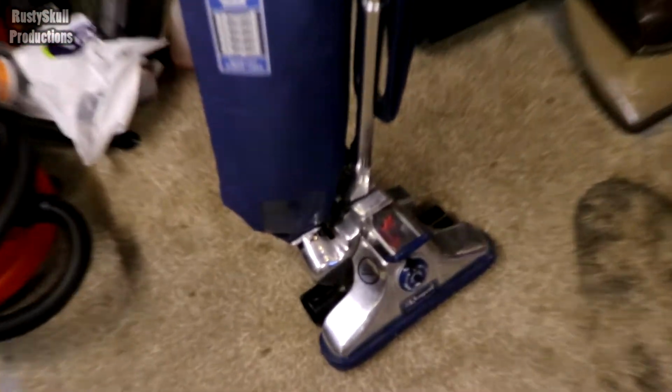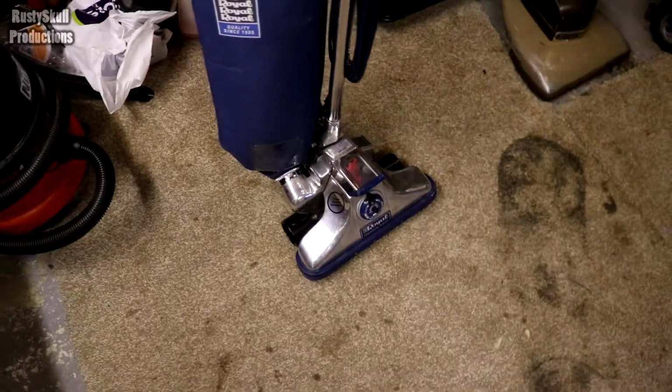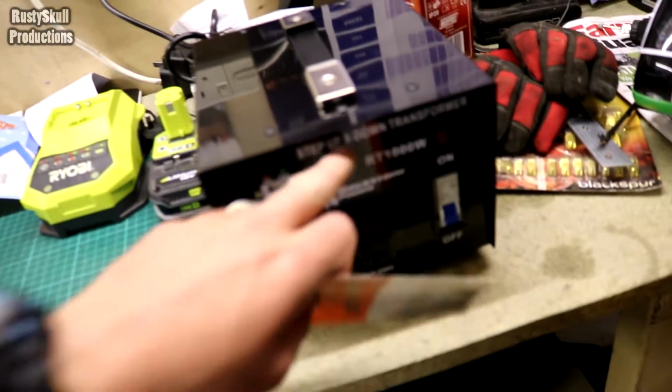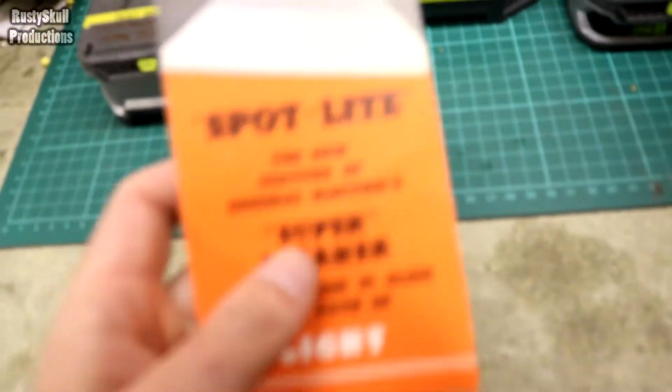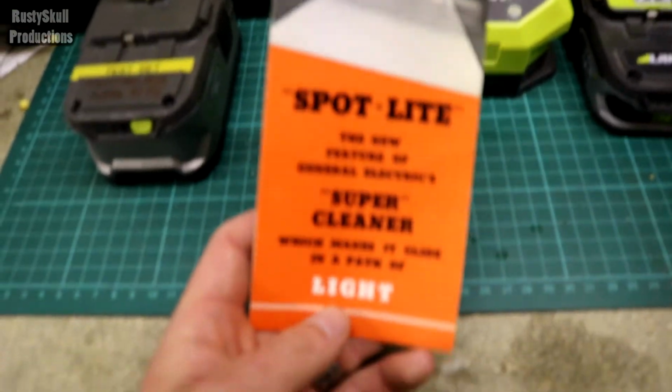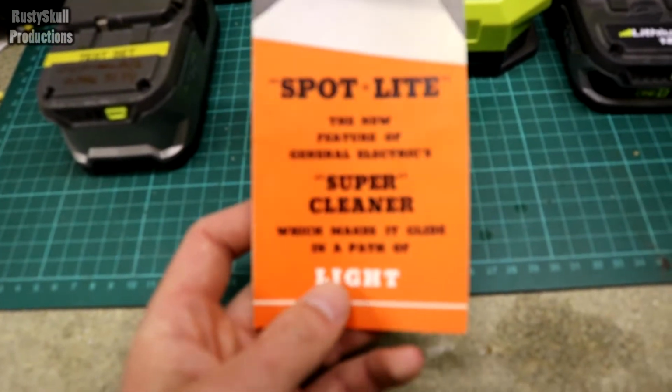Oh, here we are, back with the old Royal again. Well, what I've managed to do is I've found my voltage. I found my step down dropper thing over in the corner there, so I'm going to be giving it a go. But something that I didn't give much attention in the unboxing video was